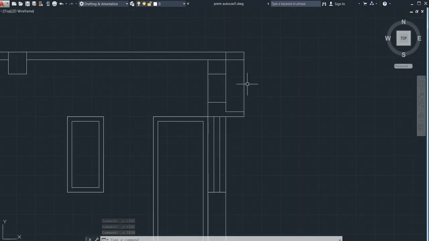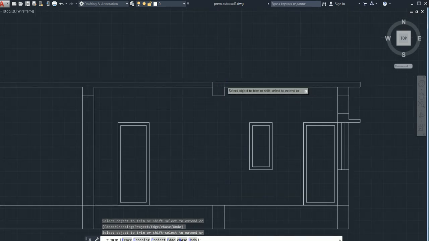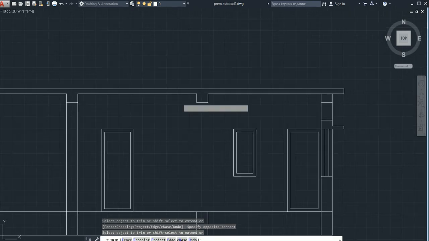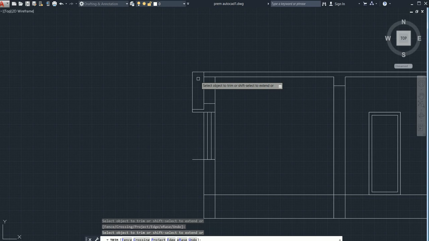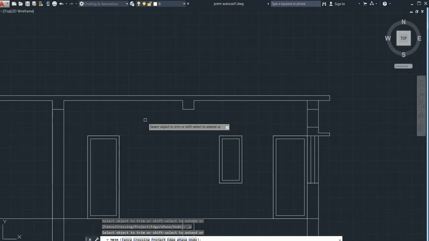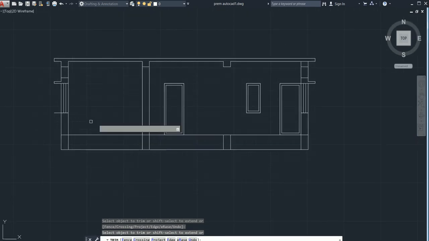Go with trim, TR double enter, like this we needed. So we could do this. You can see it here. I have done it, the work is almost done.